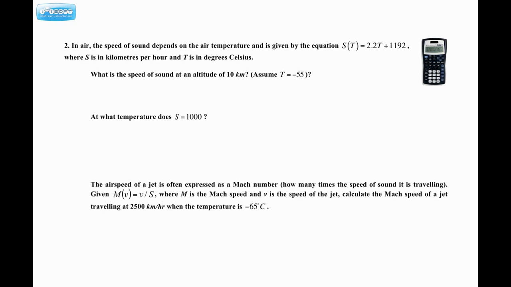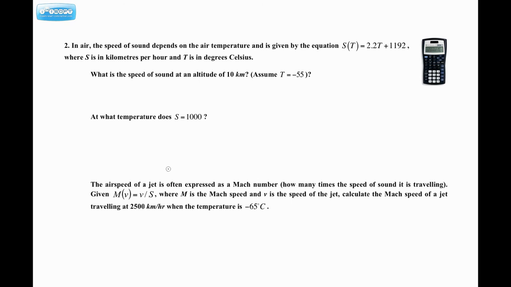So the first part asks, what is the speed of sound at an altitude of 10 kilometers? And we're assuming that at that altitude, the temperature is minus 55 degrees. Okay, and that's about right. When you go that high, the air starts to get pretty cold. All right, so